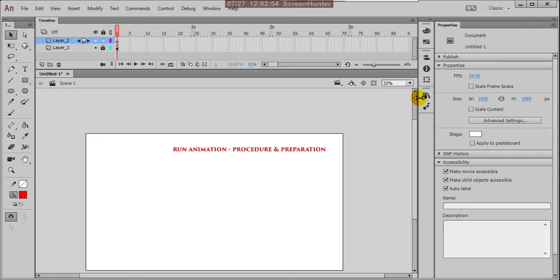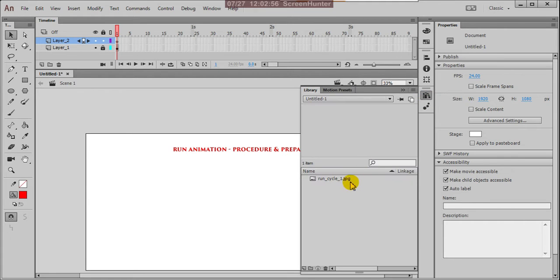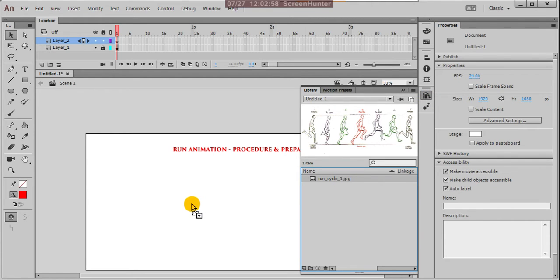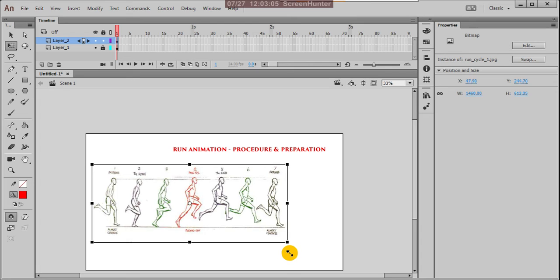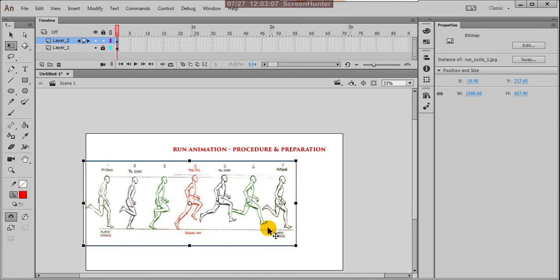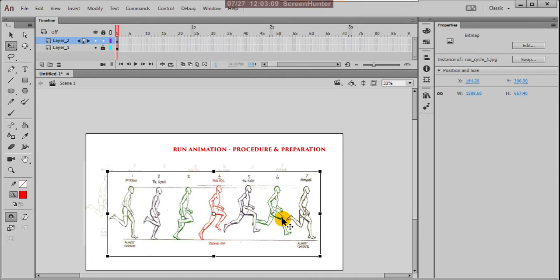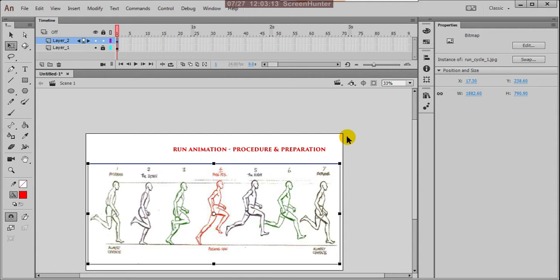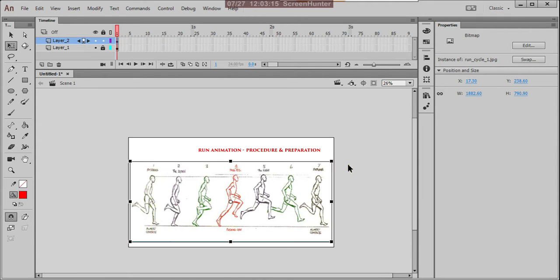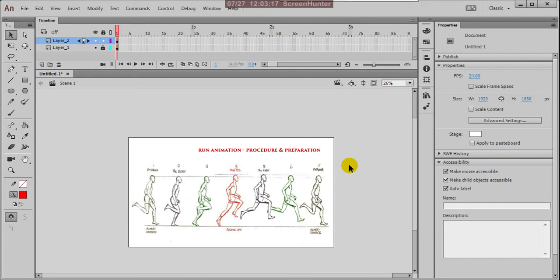It is already there in the library. Drag this to the stage and make it a bit bigger, enlarge this size. Yes, these are my poses. Let us check.